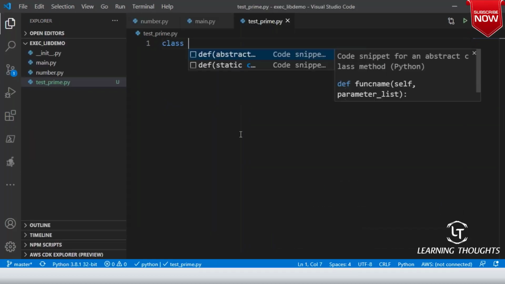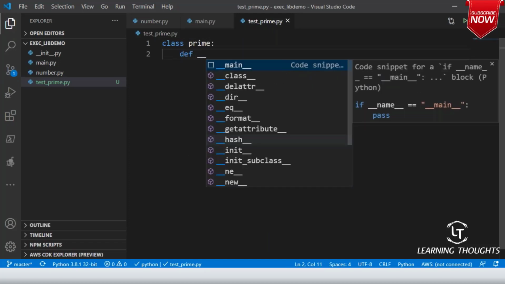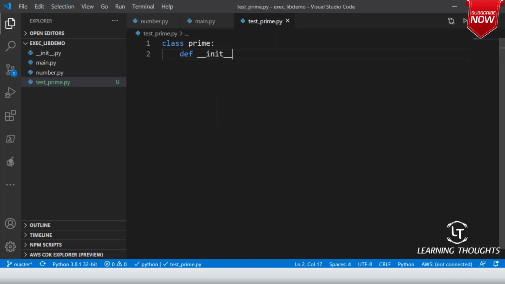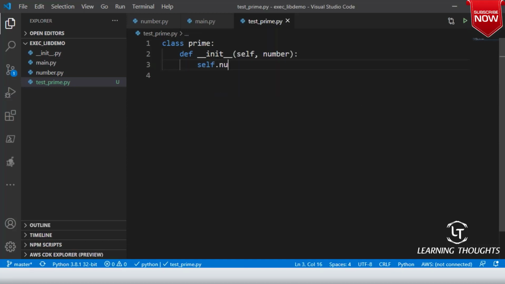First, let me write class Prime, def __init__(self, number), and self.number = number.